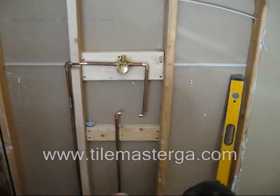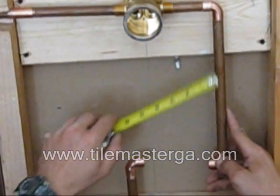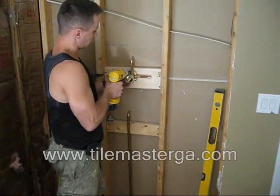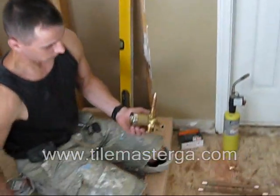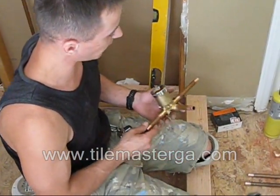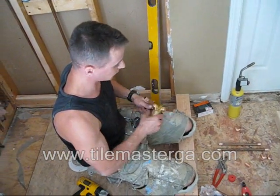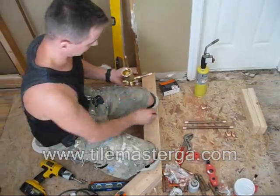Yes, okay, so what I'm doing, I keep in mind that the pipe has to go at least half an inch inside of the fitting. And of course we want to make sure that the pipes are leveled as much as possible. It's not a must, but it's definitely a big plus. We have most of the pipes already pre-cut. To make our installation a little bit easier, we do as many connections as possible without the valve being on the wall, because we don't want to accidentally burn anything, right? Sometimes there's almost everything that we can do here on the floor. Sometimes there's more that has to be connected on a wall, but